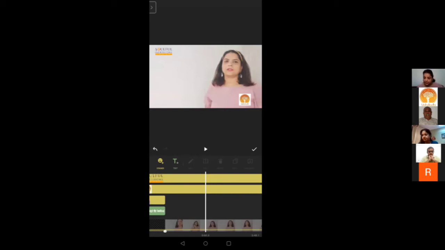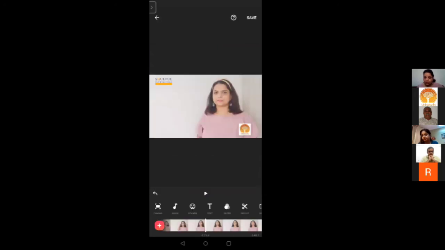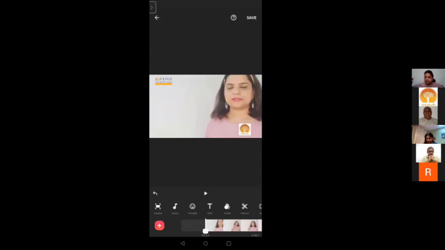Where there are two clips, you can come to that transition option and press that. Or you do one thing. The video bar at the bottom, press and hold it for 2 seconds. You will get these two kind of thumbnails. So this will show you how many clips you have. Like I have 2 clips, so it is showing me 2 clips. If I add more, it will start showing me the different clips that I have.